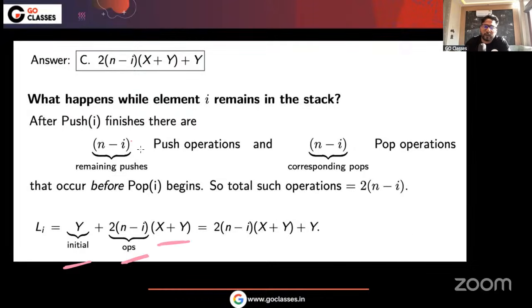So n minus i push operations and n minus i corresponding pop operations you have to do. So that's how you can solve this question. This question is also an easy one. Understood? Okay. Let me know if there is an issue.